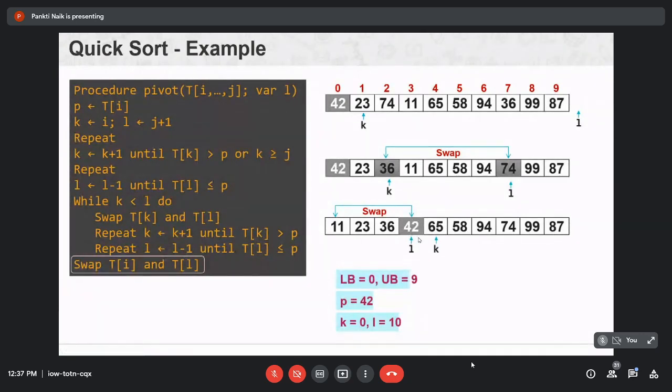So this procedure is used to shift your pivot value into its position in the array, such that all the elements in the left subarray are less or equal to the pivot element, and all the elements in the right subarray are greater than the pivot element.